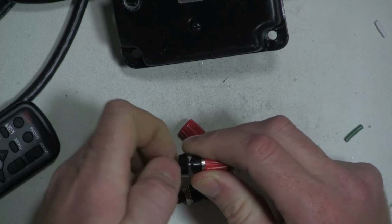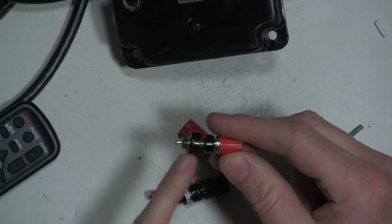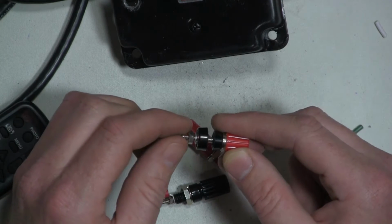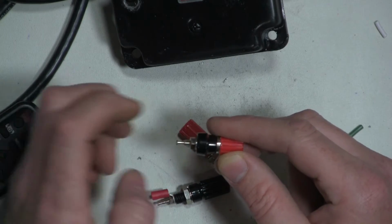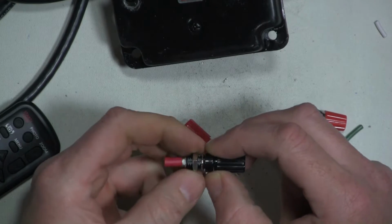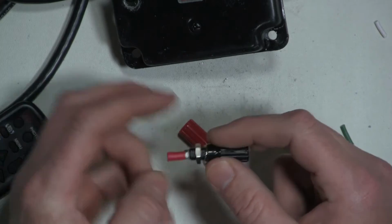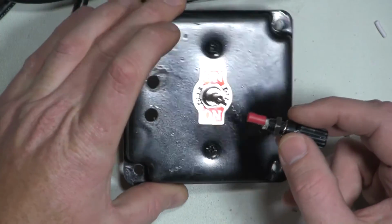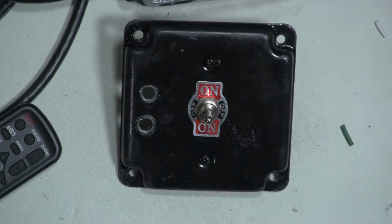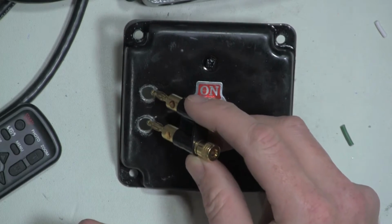This is what I had and didn't want to use. As you can see, that whole post is not insulated in there. So I wanted to abandon the idea of putting that in there, but I found these. These are insulated all the way through, so if they get loose, you won't have a problem of energizing the cover. As you can see, I've already drilled a couple of holes with the spacing of a typical banana